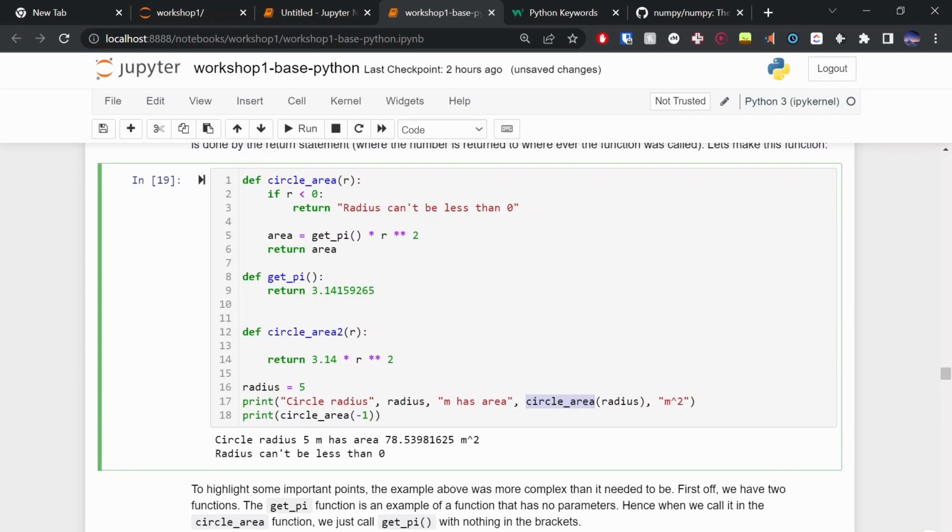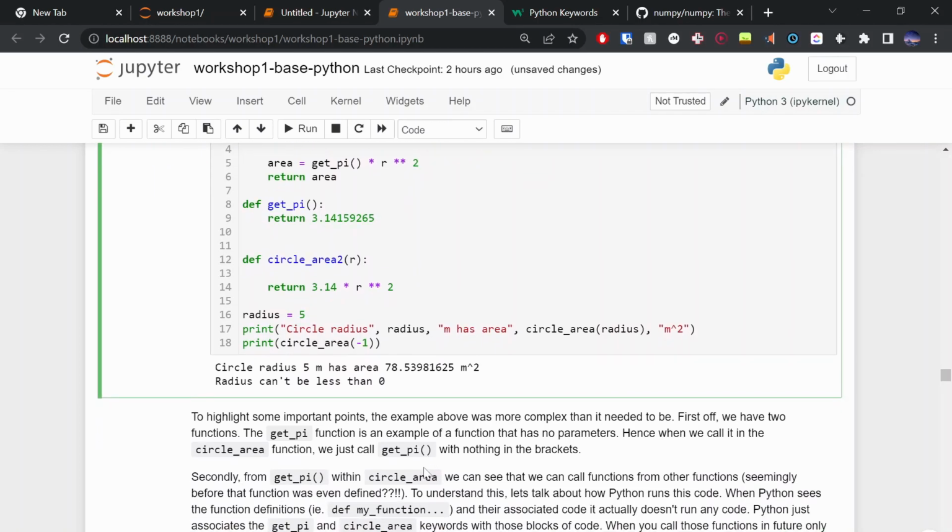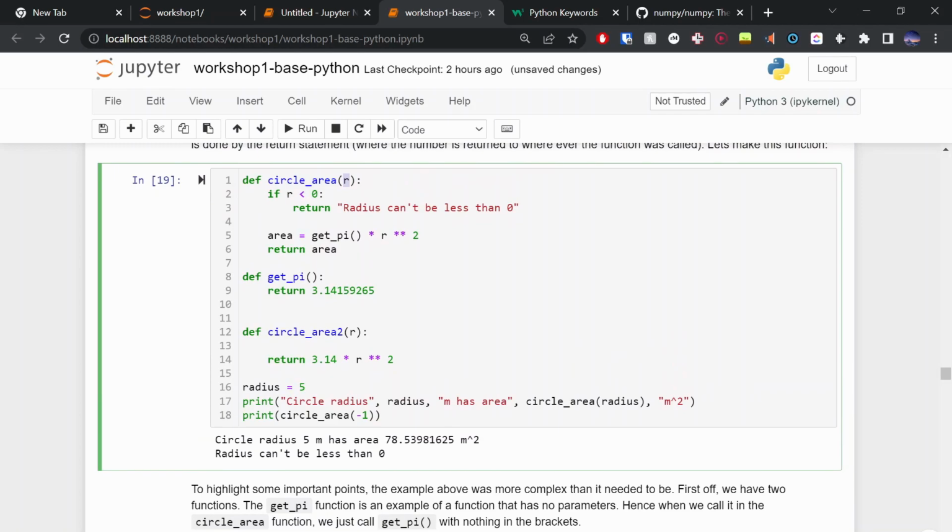So when we actually execute here, we have circle radius. Here we're actually calling the function. Whereas above we're defining the function, here we've called the function. And when we call the function, it puts radius in for r. We'll cover this a little just now, and then we'll get onto the pizza and the examples. When we call this function with radius, it gets slotted in for r, and in the world of this function, it's called r. Then the code is run. And then the getPy function looks at its definition, which just returns the number 3.14, whatever, and it executes that line.